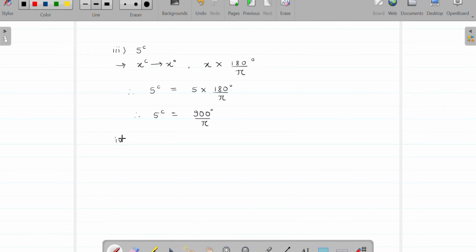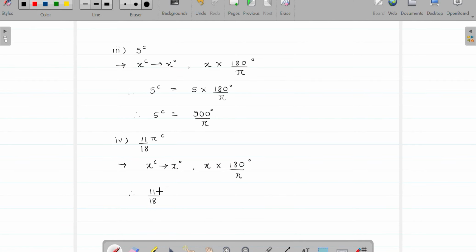Next example let's see 11 pi upon 18 radian. We know that to convert radian measure into degree measure, we have to multiply the given angle by 180 upon pi. And therefore